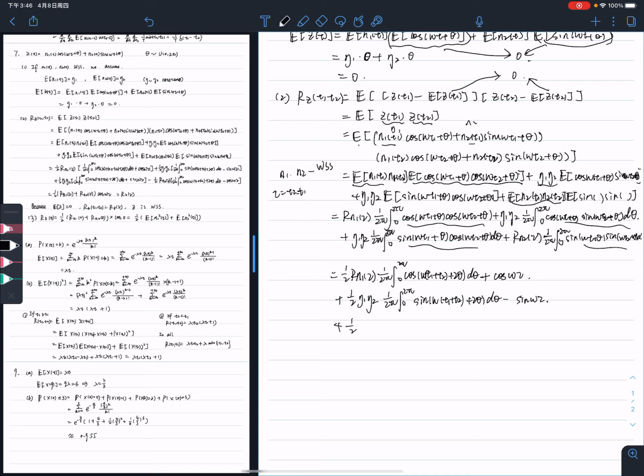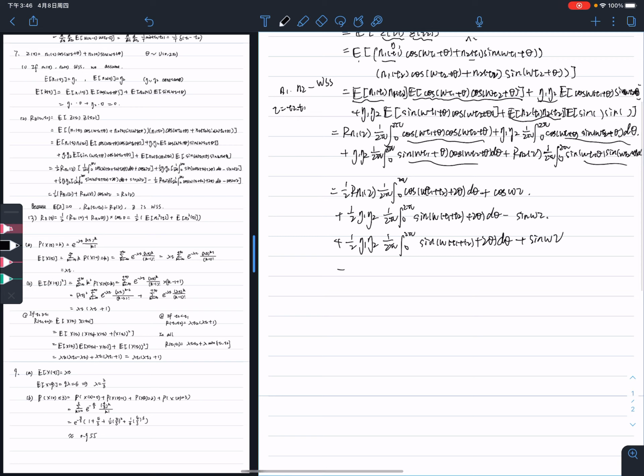Plus 1 over 2 η1 η2 times 1 over 2π, integral from 0 to 2π of sine(ω(t1 + t2) + 2θ) dθ, plus sine(ωτ). At last, the last part is 1 over 2 R_N2(τ) times 1 over 2π, integral from 0 to 2π of cosine(ω(t1 + t2) + 2θ) dθ,